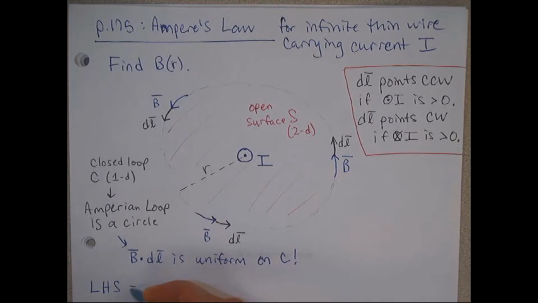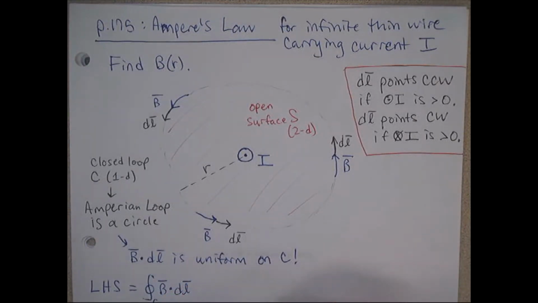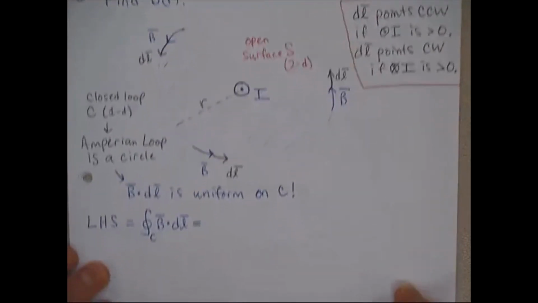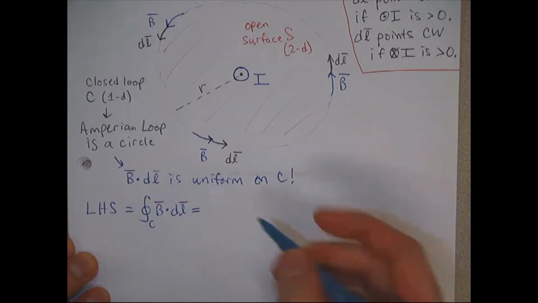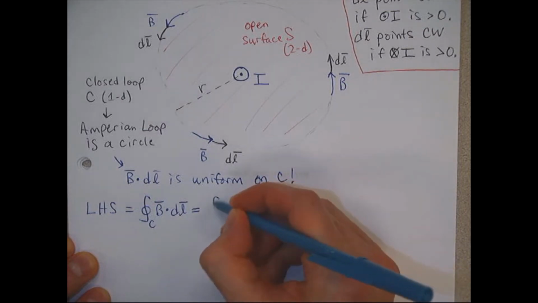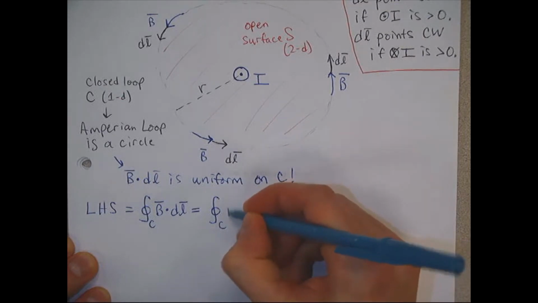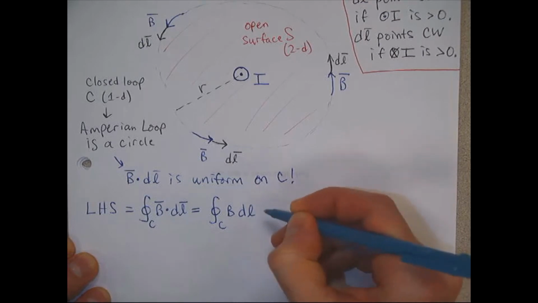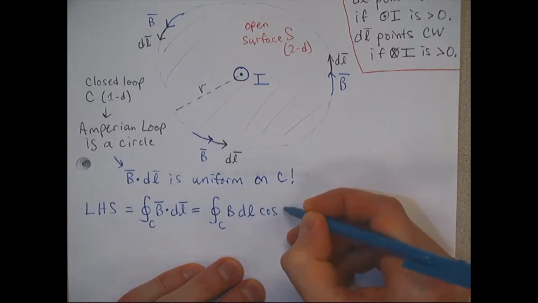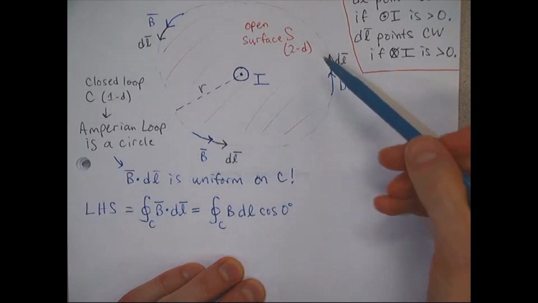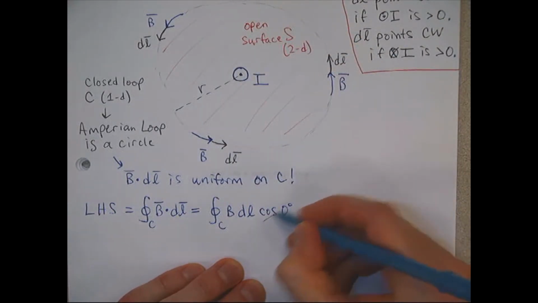Let's work the left-hand side of Ampere's law first. We have the closed integral over the path C of B dot dl. Just like with Gauss's law, you're going to have to show every step and justify each simplification here. So we'll do the dot product first, always. That's the magnitude of each vector times the cosine of the angle between them. In our case, that angle is 0 everywhere